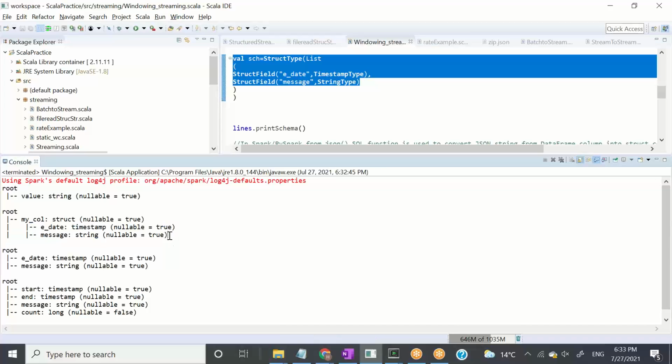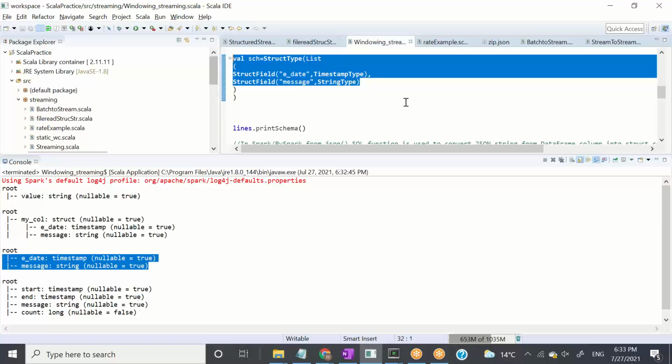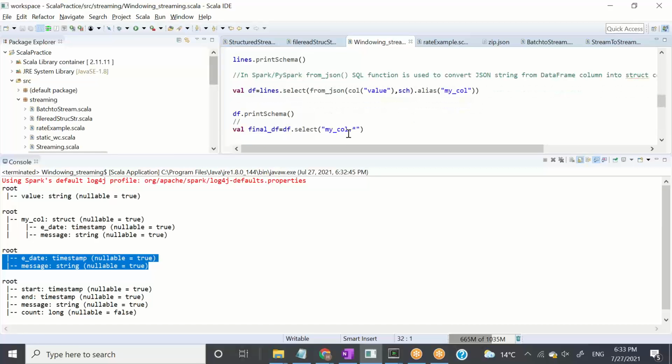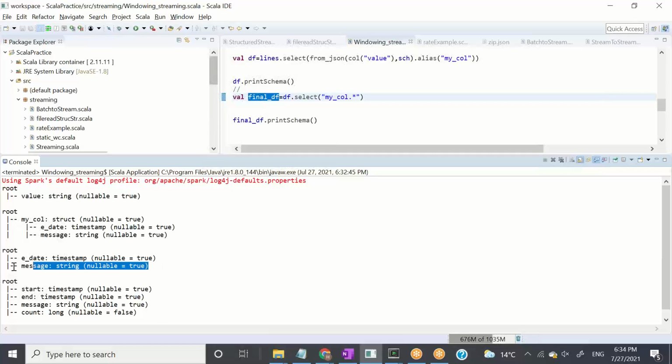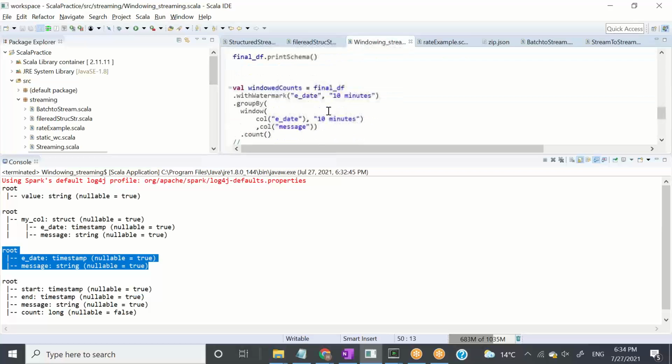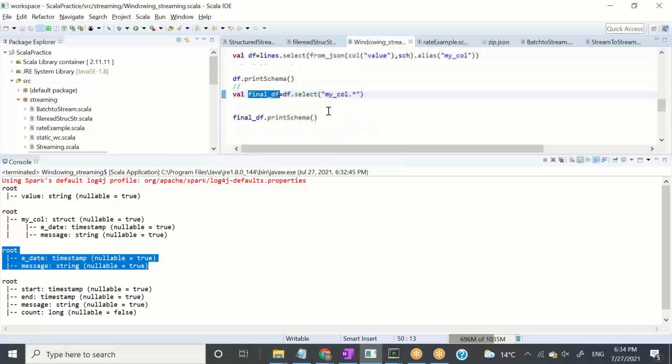which came from here. Now, since I want them to be in the main table, what I did, I selected everything from my column, my column.star, and I assigned that to final df. And when I printed the final df schema, it is coming like this. So this is my final data frame. So these are the operations which we need to do if we want to give a structure to the socket input. Okay, and then since I want to show you guys